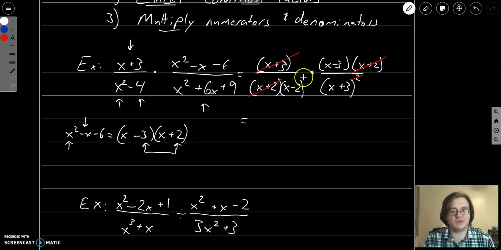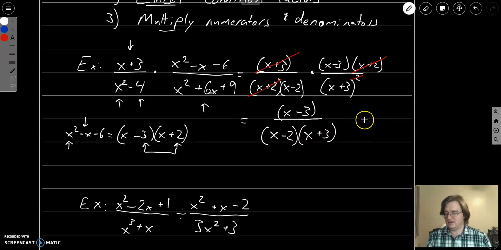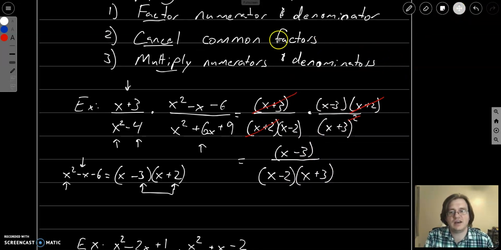So what am I left with? On the top of the fraction, I only have an x minus 3 left over. And on the bottom, I can only get an x minus 2, and I still have one copy of this, x plus 3. So ultimately, when I'm multiplying my fractions, I'll factor first, which will make canceling a lot easier, and then at the end I'll just